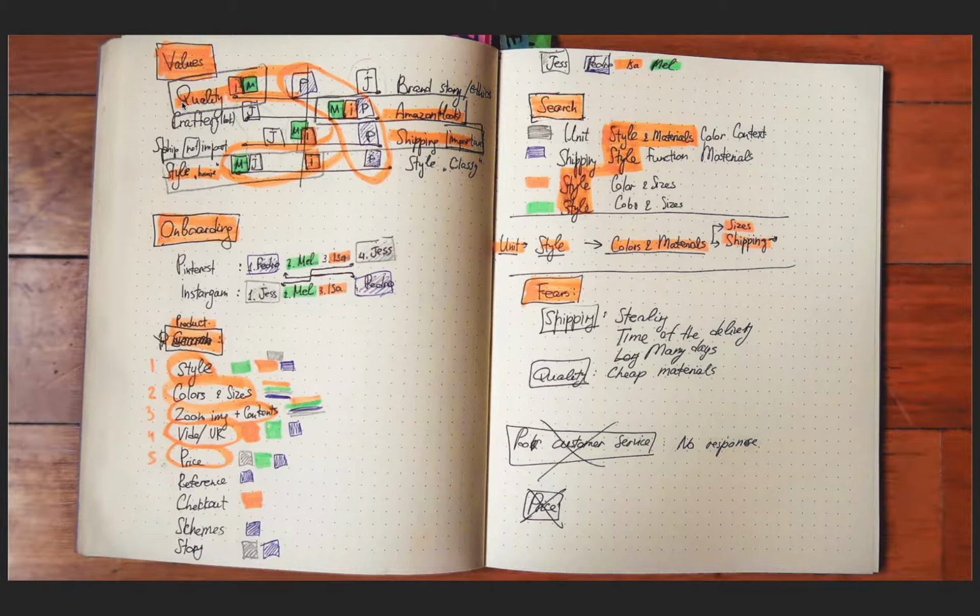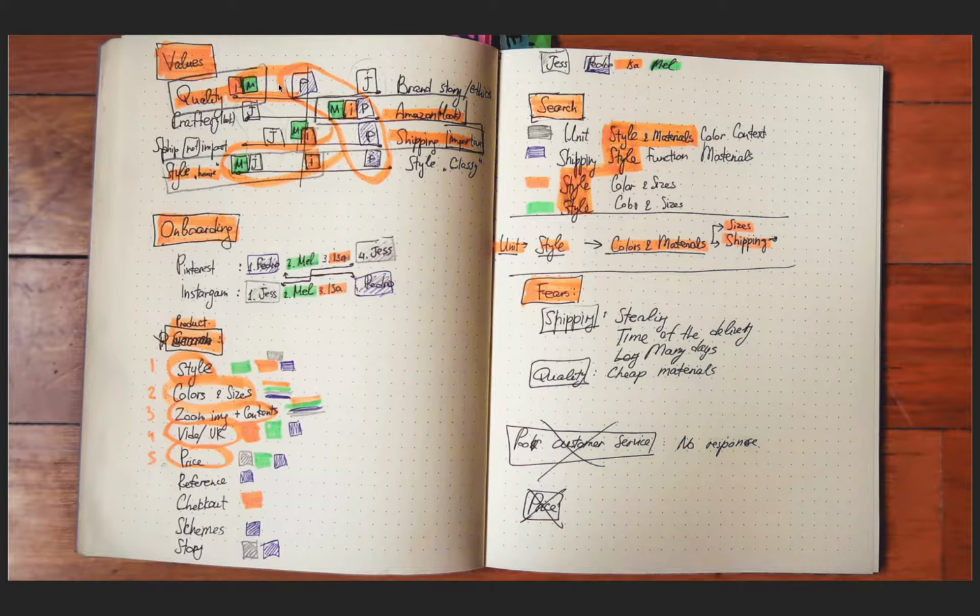Okay, these ones are values. Another one is the onboarding process for different people. Another one is what people look for in the product, and so on, so on, so on. How they search, what their fears are, and their nuances. Basically, yes, I started by patternizing the qualities of what they are looking for, how they are looking, and then I